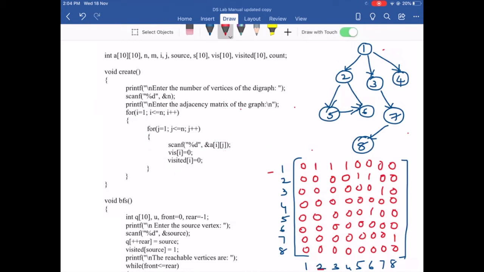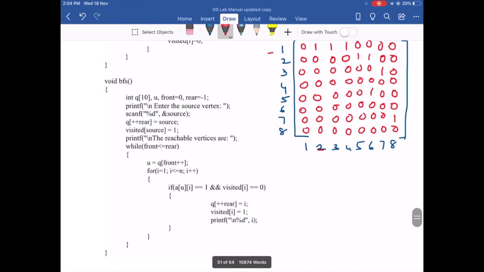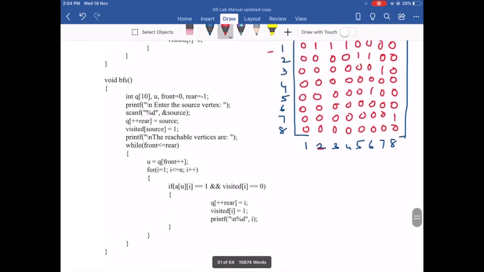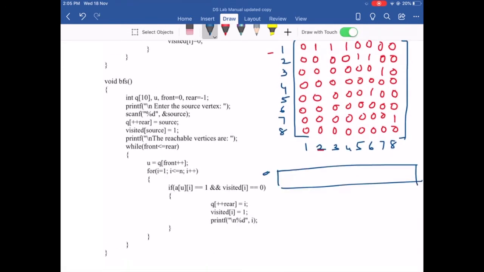Now coming back, in order to do your BFS we need a Q operation, so Q will be used for that. So this is my Q. So this is your adjacency matrix. Since it is a Q operation, as you know Q contains two variables, front and rear. Initialization is made as front equal to 0 and rear as -1 to indicate that the Q is empty. So F is at the position 0.